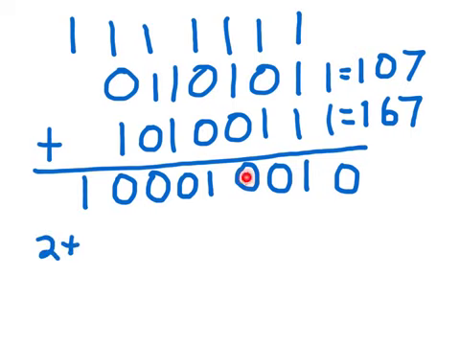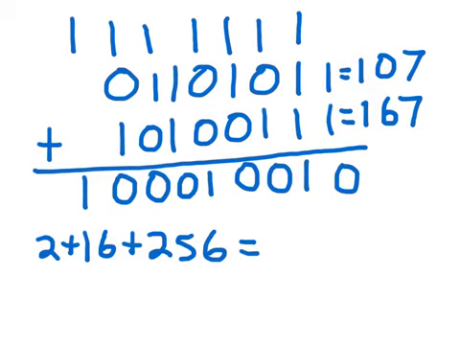Then we have the 4, 8, 16, so we know there's going to be 16. And then 32, 64, 128, and hold on. And of course 256. So 256, and if we add that together, we get